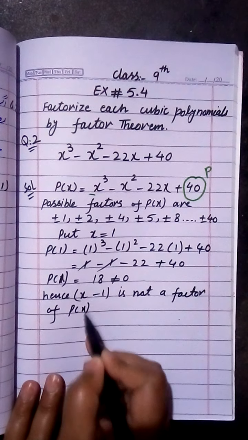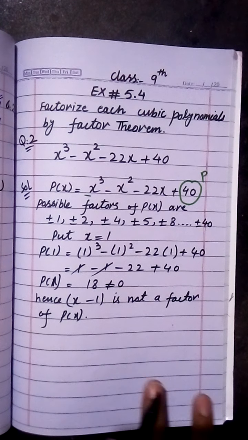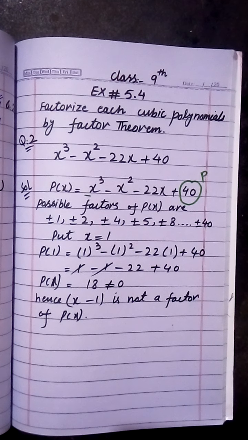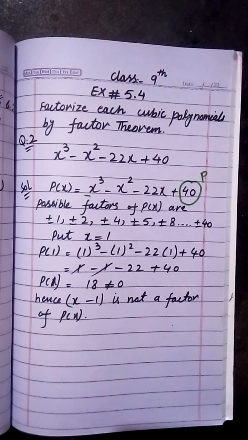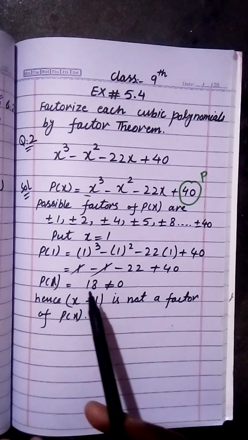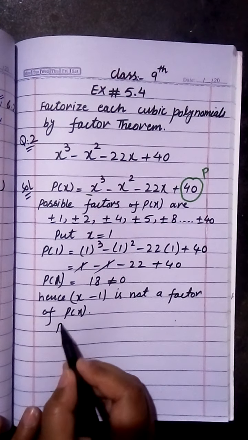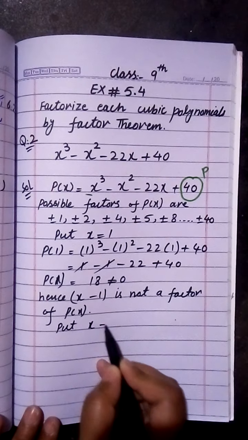Is it clear? ये आपने लिखना है। अब मैं इसमें वो फैक्टर्स पुट करूँगी। इसी तरह आपने ये सारे फैक्टर्स पुट करके चेक करना है कि किस नंबर पे या किस फैक्टर पे इसका आंसर ज़ीरो आता है। इस पे ज़ीरो आएगा वो आपका सोल्यूशन सेट होंगे, और कोई से 3 फैक्टर्स इनफ होते हैं फैक्टराइज्ड फॉर्म को कंप्लीट करने के लिए, ठीक है। तो ये तो फैक्टर नहीं होगा, इसलिए ये स्किप हो जाएगा। इसी तरह आप x equals to -1, उस पर भी आंसर ज़ीरो नहीं आएगा। Now you have to put here, put x equals to 2.